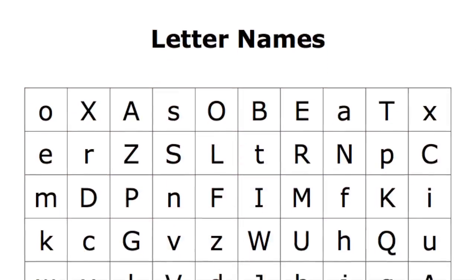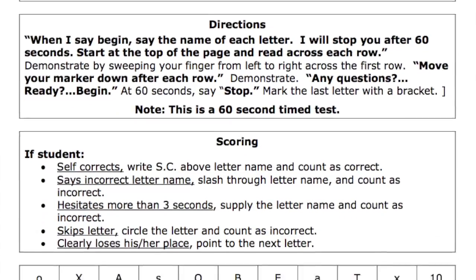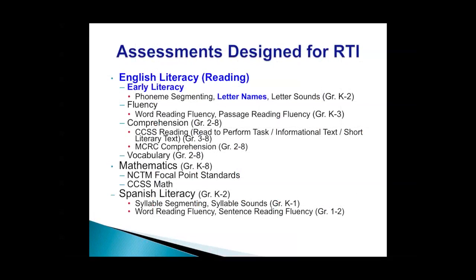In this video, I'll tell you more about the letter names measure on EasyCBM, one of the early literacy measures available on the system. The letter names measure is included in the list of assessments designed for kindergarten and grade 1 students, although it is sometimes used for progress monitoring older students who are still working on their very basic